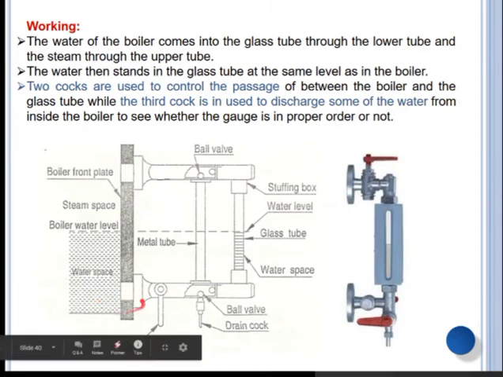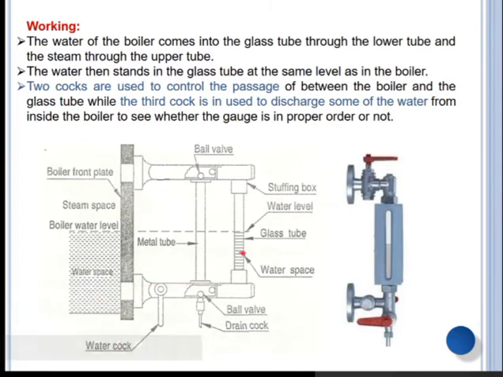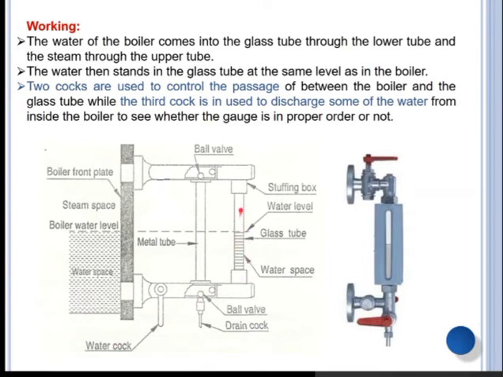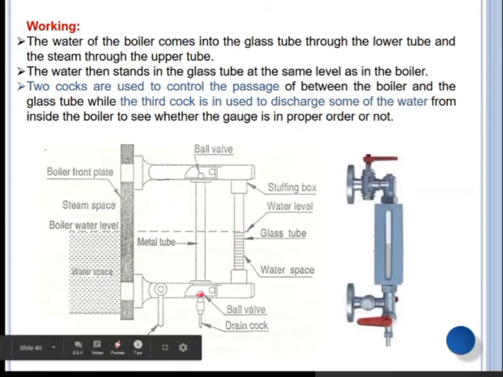So what happens once your tube breaks out? At that time, a large amount of water can move in the forward direction in this bottom tube, and due to this reason, here you can see the ball valve. Here you can see the ball valve. If this glass is okay, in proper condition, the ball is placed over here. So the water cannot move this ball, and the water passes over the ball to this water tube.